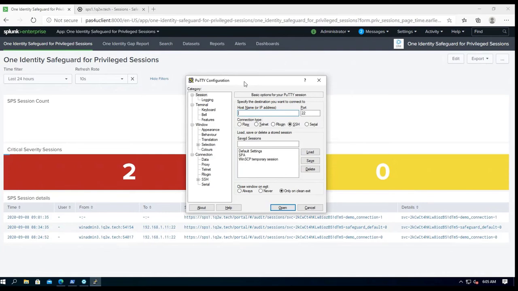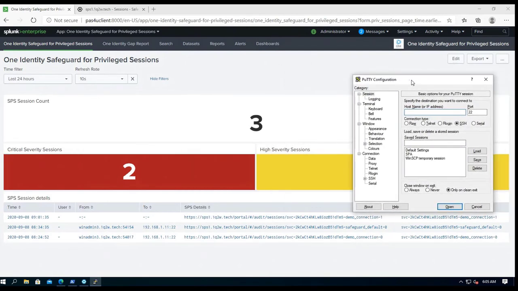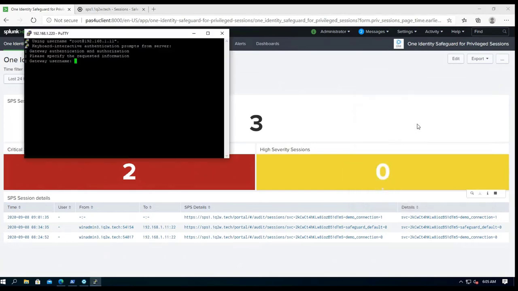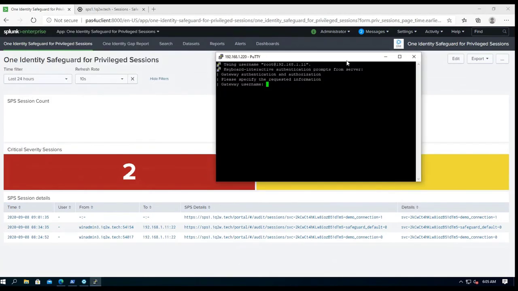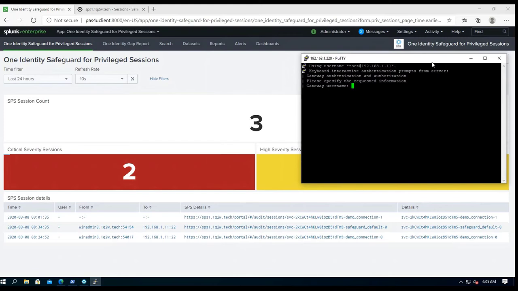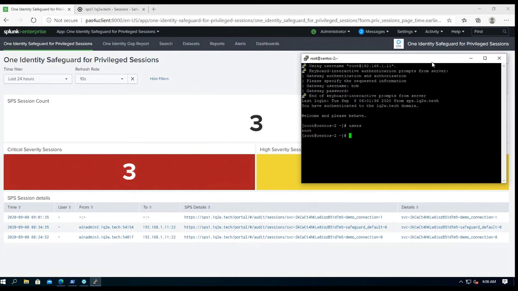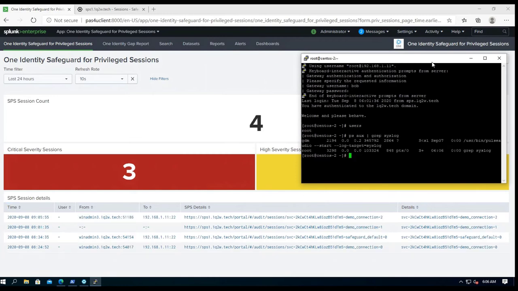And now let's get to the demonstration part of this deep dive session. In this recording, we will see that the attacker will be opening up an SSH session using a hijacked account, and he will do some activities while the security team is trying to figure out what he's doing. So he logs in using the account Bob and then checks if he is the only user on the system. And indeed, he is the only one who is logged in as root.